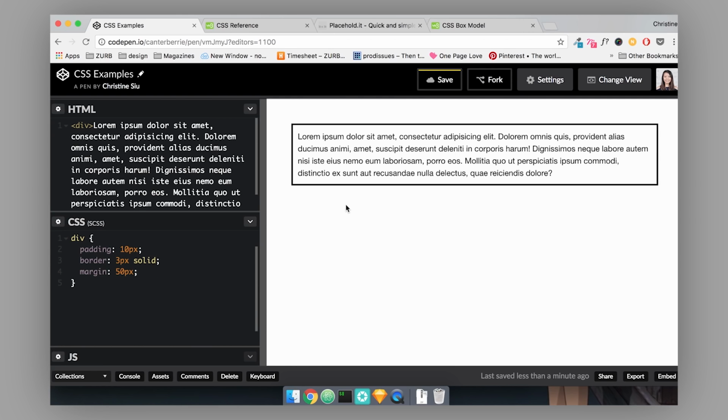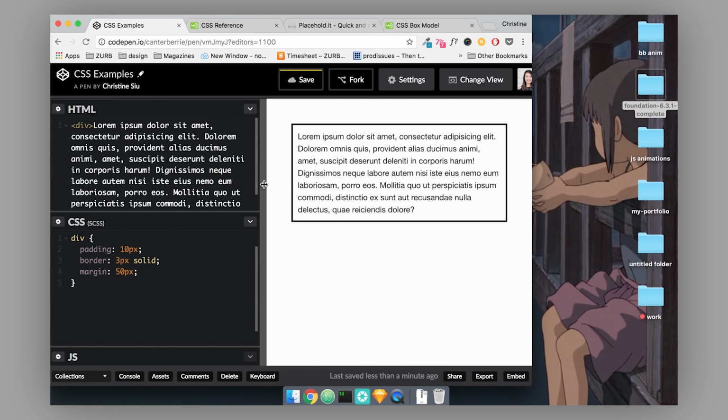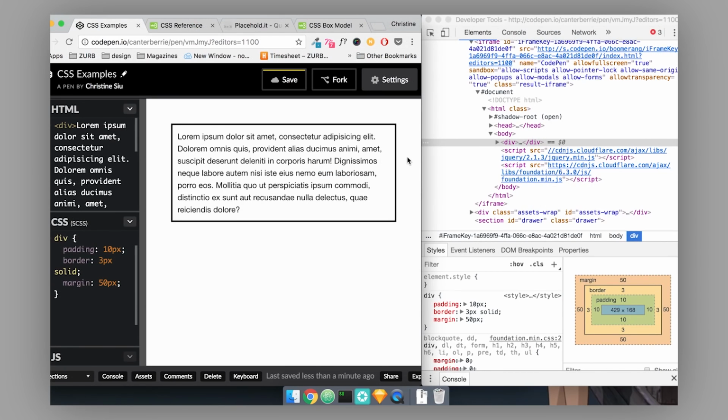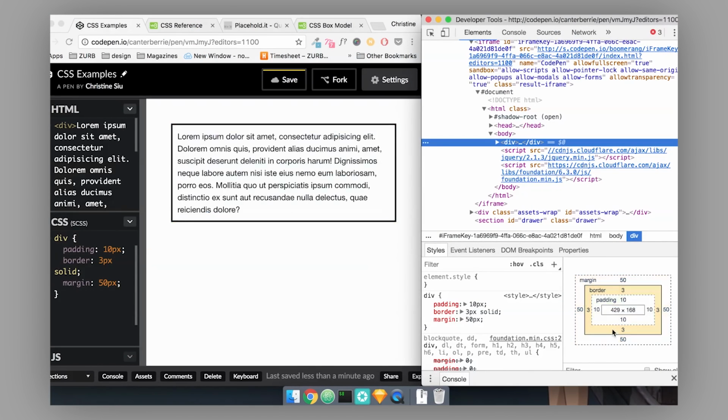And then the fourth part is margin. So margin is basically spacing that's all around your container. To visualize this a little bit better, I'm going to inspect it. The Chrome inspector comes with this really useful tool where it's actually laying out the box model for me. This is not to scale, it's just showing you every part of the box model and the size of each